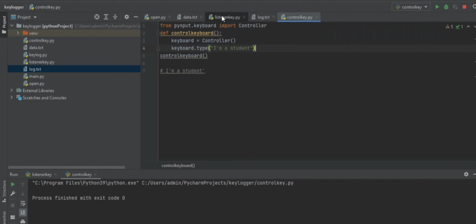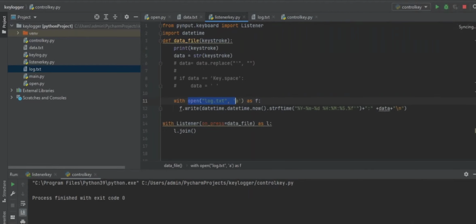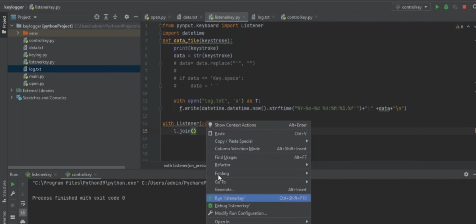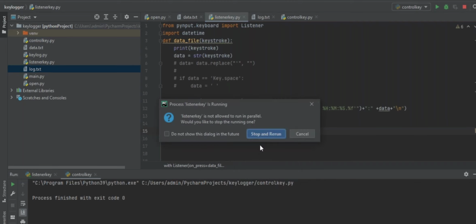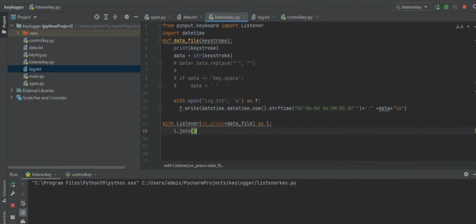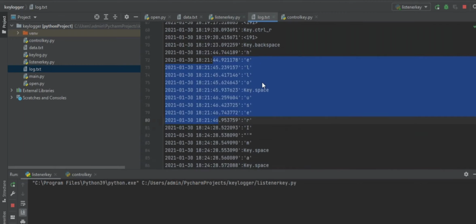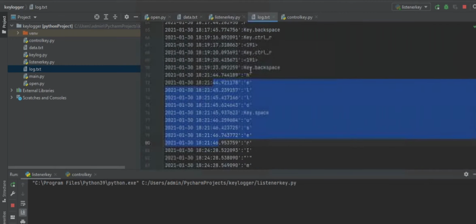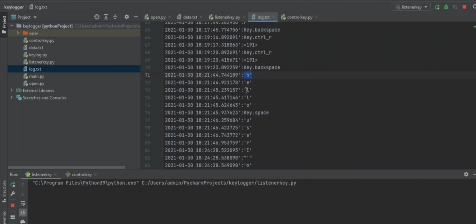Oh yeah, I'll explain that. What this join function does is it joins every letter that is pressed by the user. When I'm running this, you can see H, E, L all are printed in single quotes.